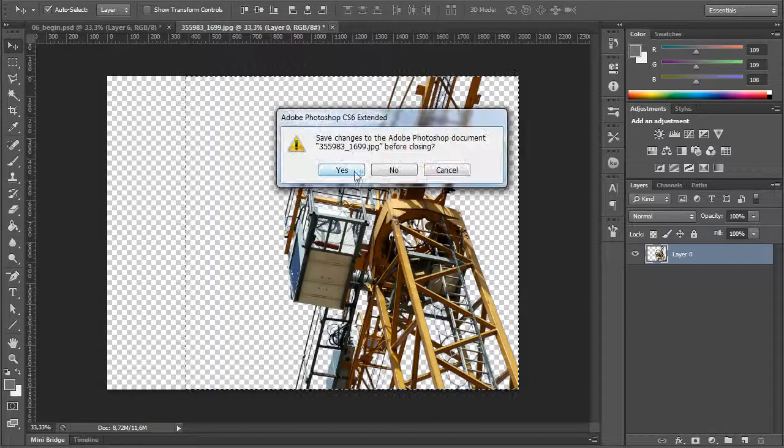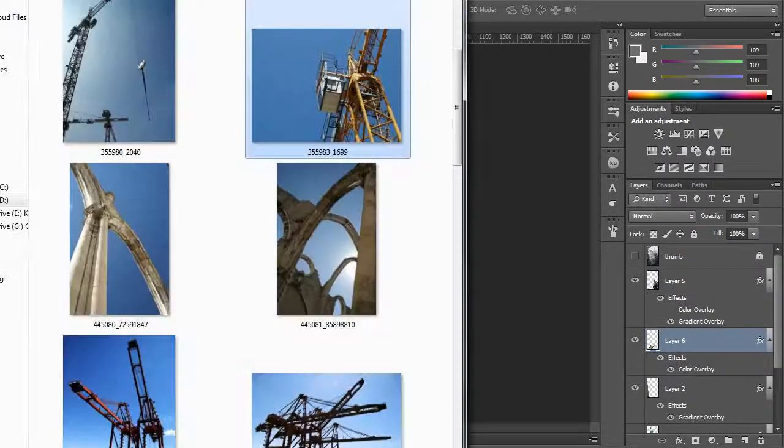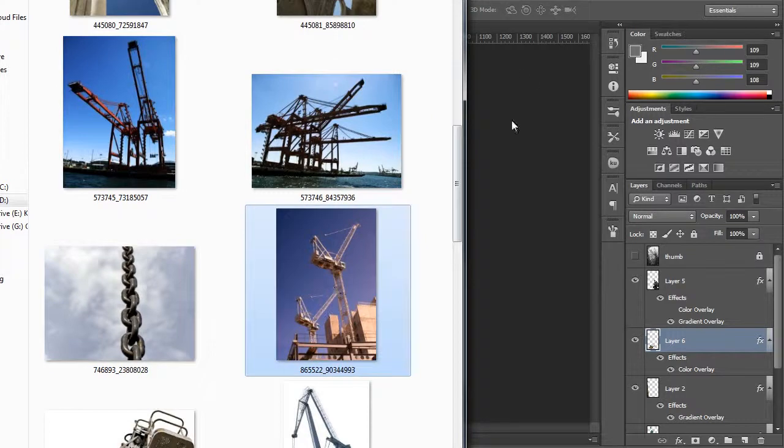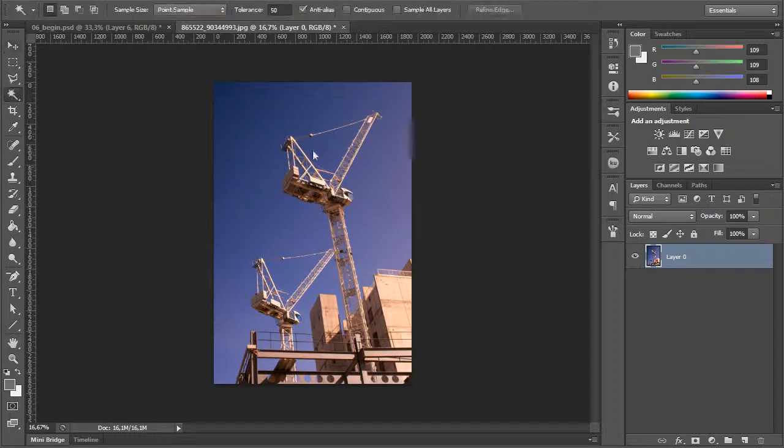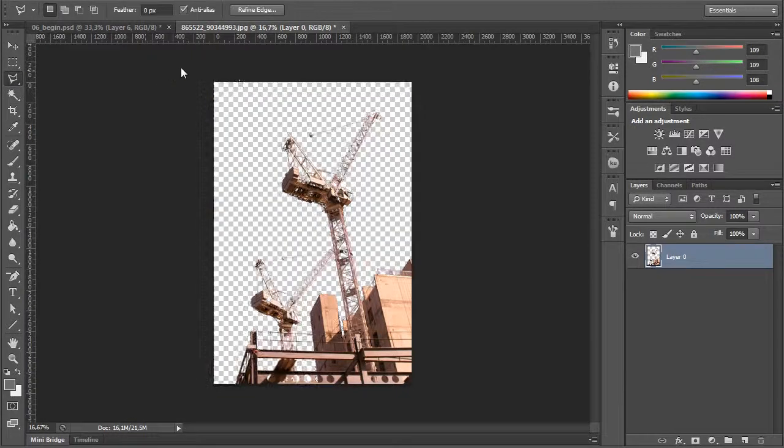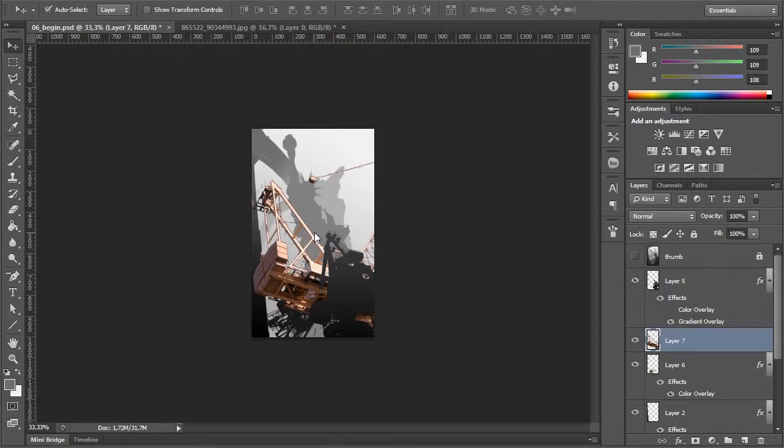Now we close the source image because we don't need it anymore, and we'll select another structure for the midground. Here it is. Repeat the selection process and we only need one crane. Select it, then copy paste it to our composition. Yeah, we roughly select it with the lasso selection tool, and